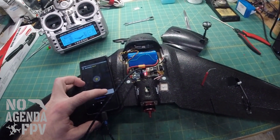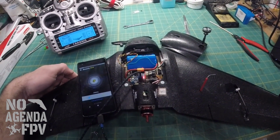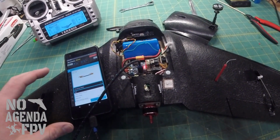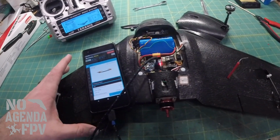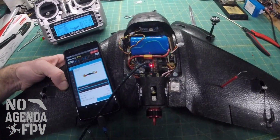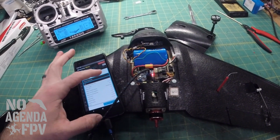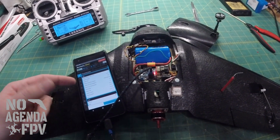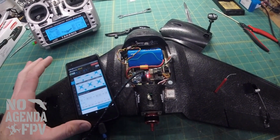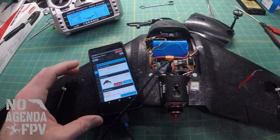So just to show real quick here, in the SpeedyBee app. As I said, it automatically goes to your iNav. It detected that I've got iNav on this flight controller. You've got your setup, which is going to indicate if the craft moves. They just have the quad, but whatever, it shows the right stuff. Saying we're good to arm, it gives us the details just like on the actual iNav configurator. Calibration, you can do your calibration, save and reboot, your platform configuration,